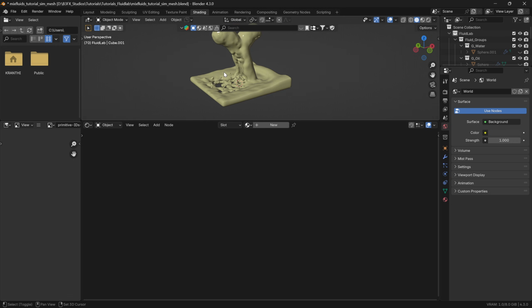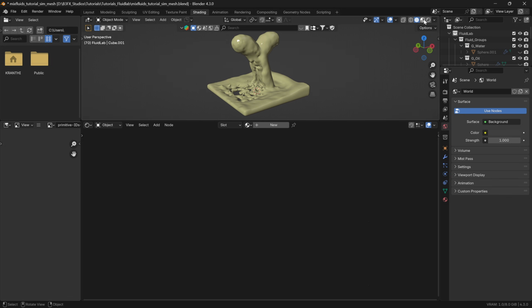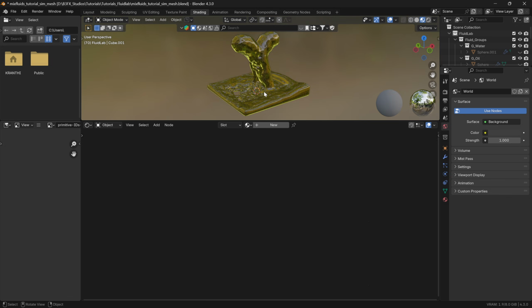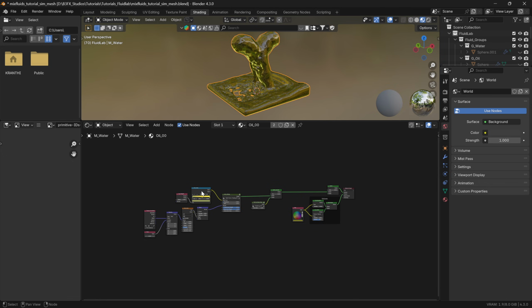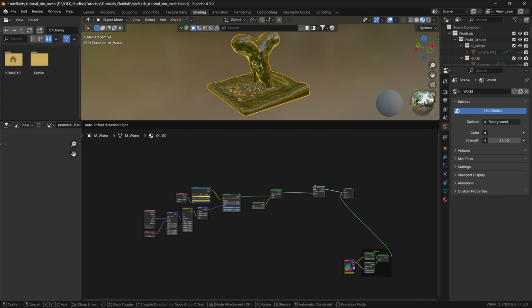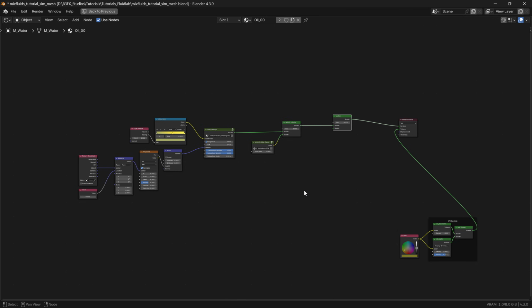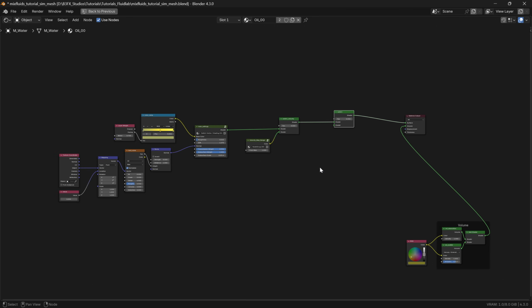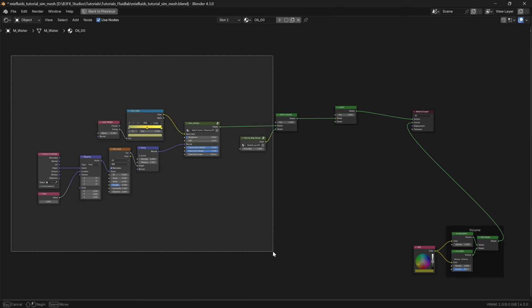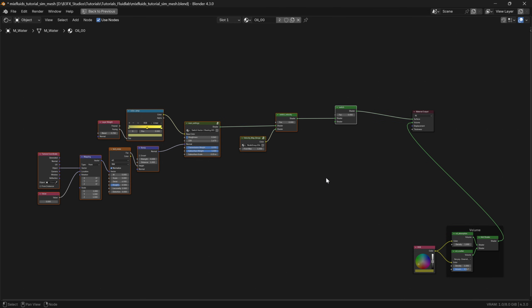And let's click on material preview. And here's the oil. So let's click on Control Space Bar to have a full screen. And here, let's select all of these shader nodes for oil and let's copy them. Now let's head to the water